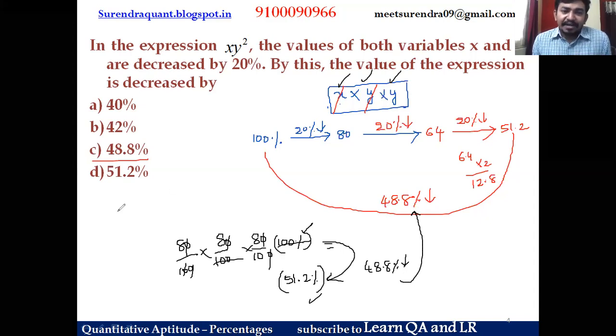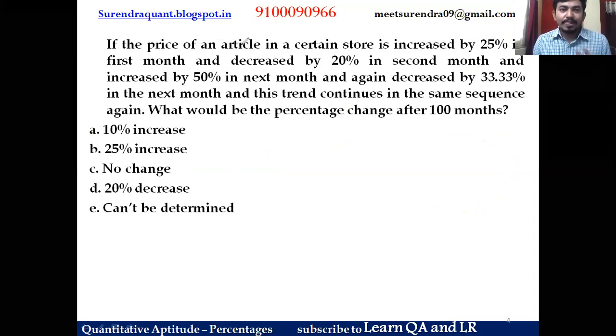Okay, I'll show you the advantage of this model in the coming questions, guys, and coming lectures as well. We are planning a few more lectures on percentage, right? We'll understand the benefits of successive percentage increments. Okay, let's go for the next question, friends.